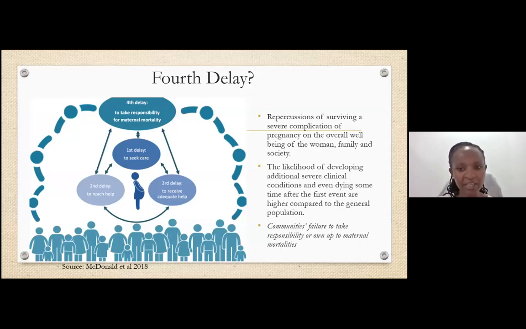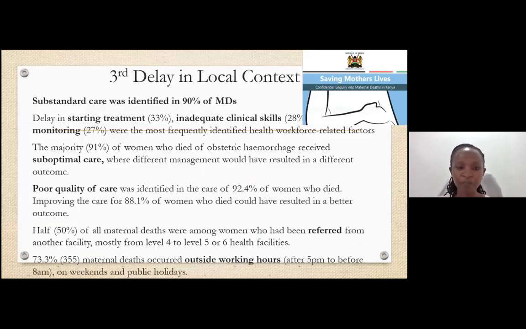So if we keep burying our heads in the sand, we may not be able to devise good, appropriate interventions for these delays. So if we look at that delay in our local context, there was a confidential inquiry into maternal deaths, the first one that was conducted in the year 2017, and they looked at maternal mortalities for the year 2014. So what was identified was